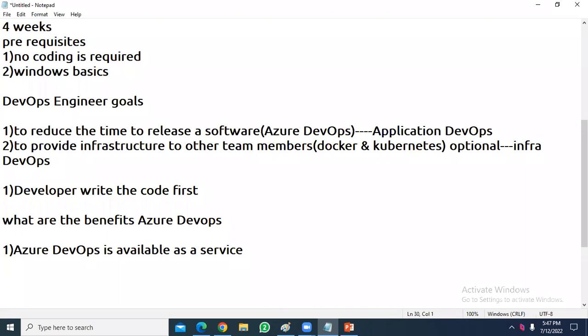And Azure Devops is also available in two flavors. One is the on-premise version, and the other is the service version. What is the difference? In the case of on-premise, you have to install Azure Devops in your office systems and manage everything.